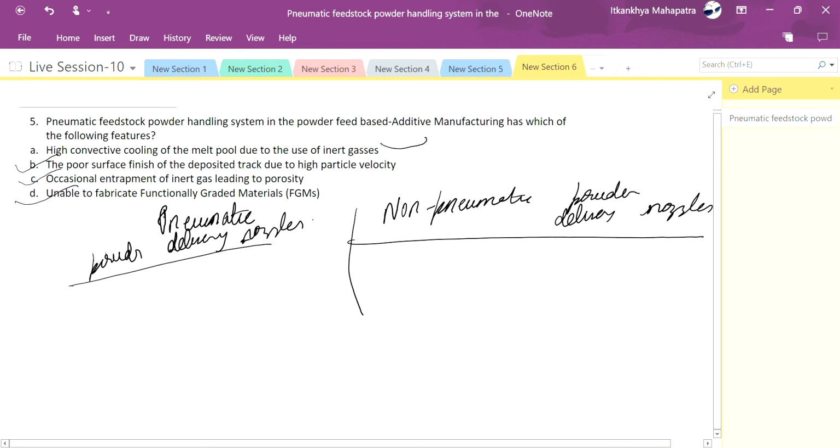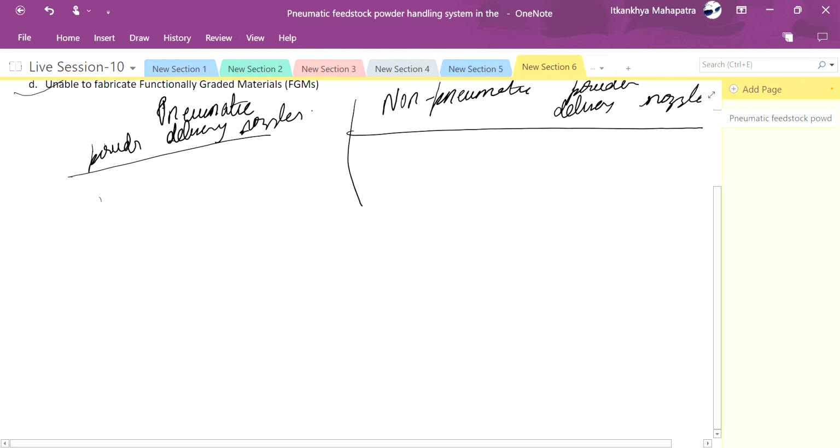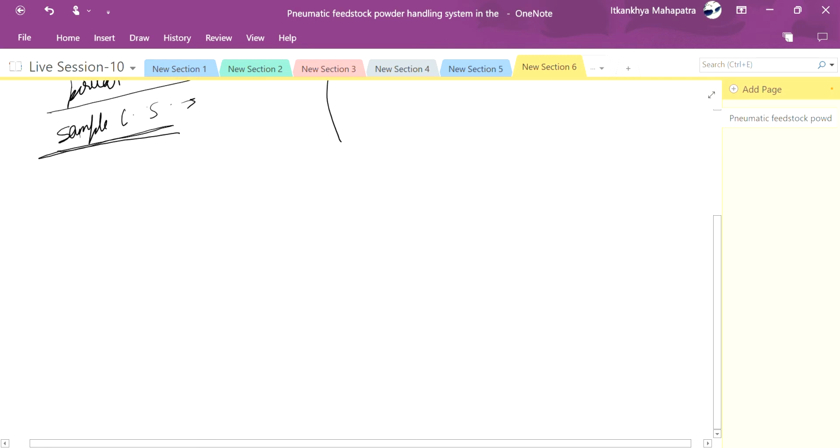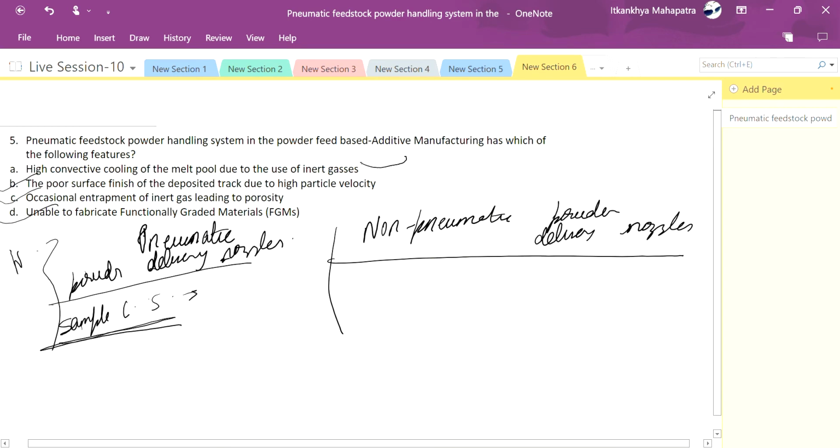This is according to a literature paper by Wong et al. 2011. Here the sample cross section is 8.6 millimeters square and here it is 8.09 millimeters square. Total porosity can be